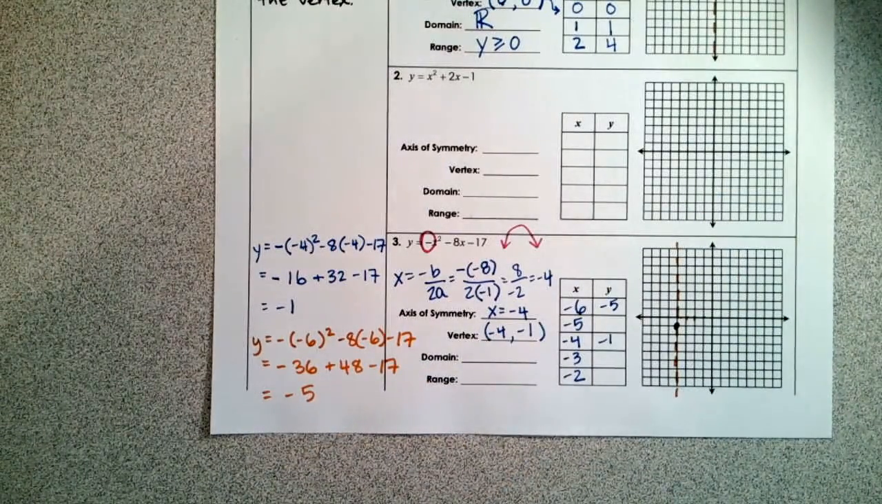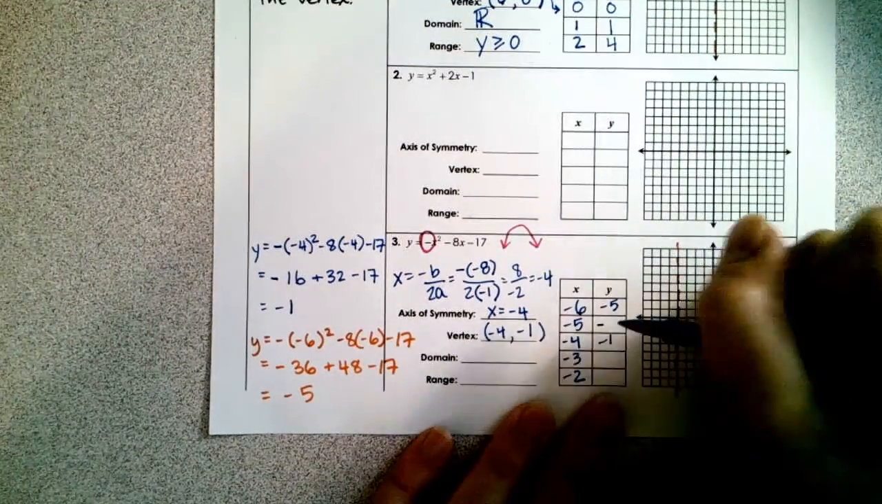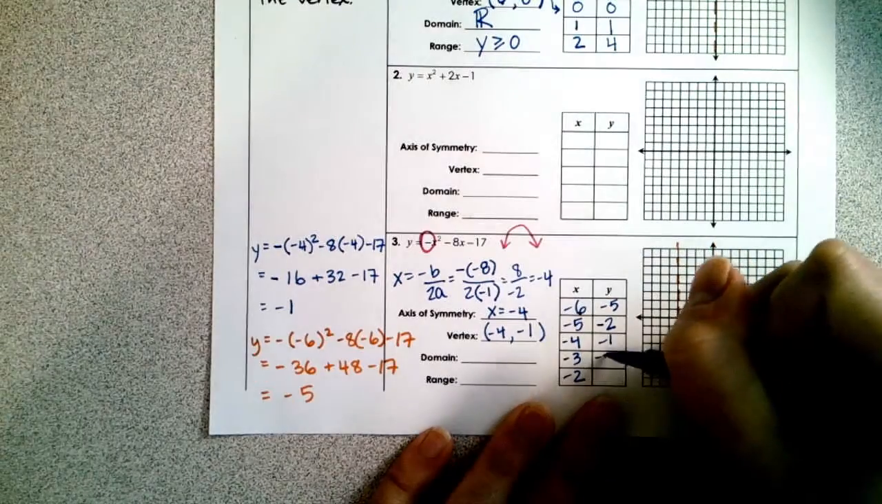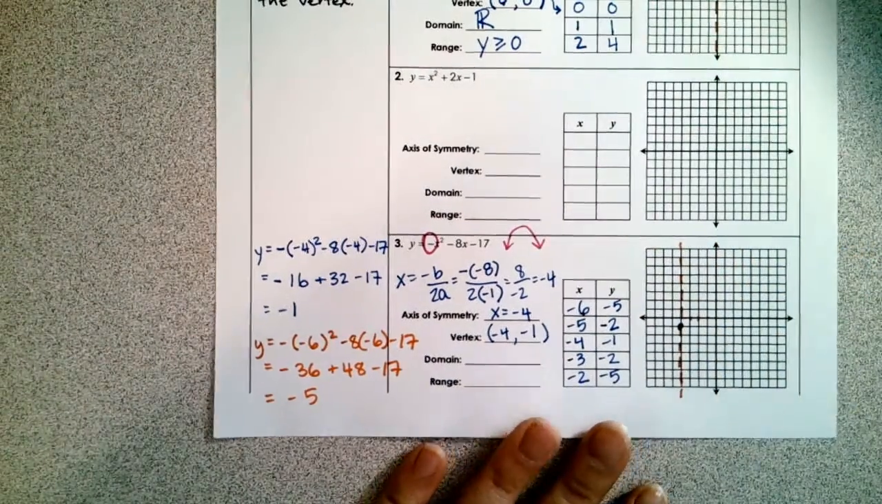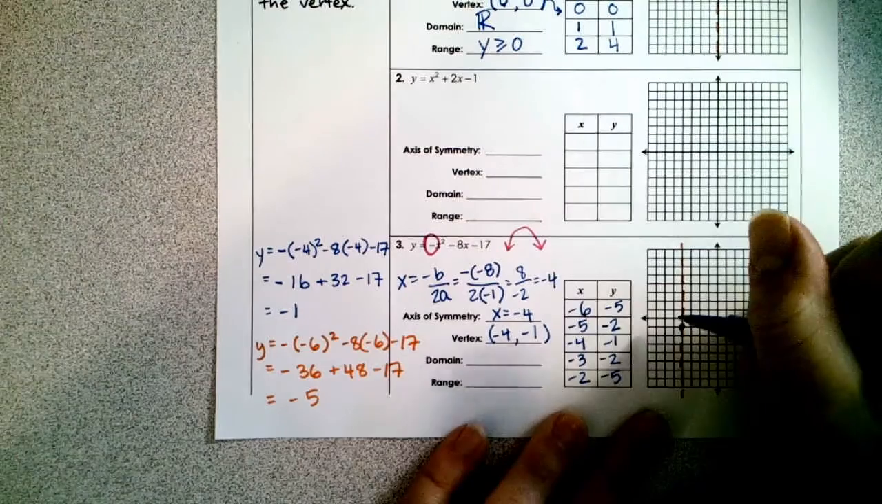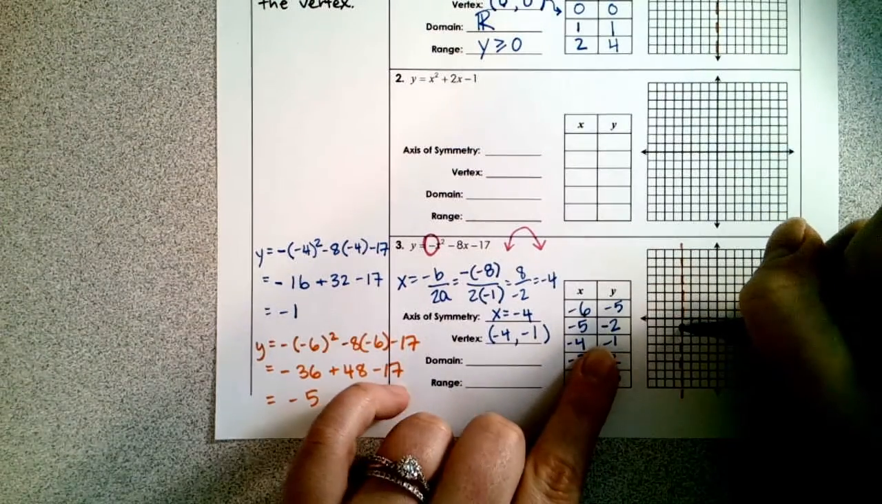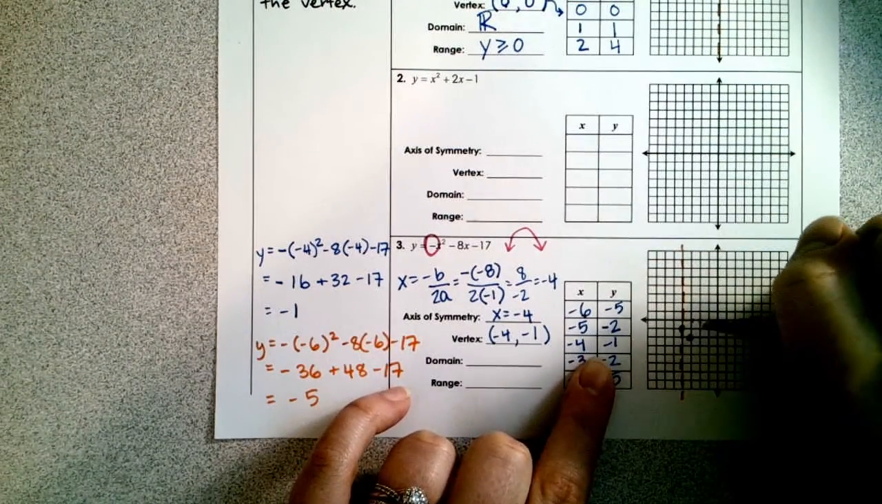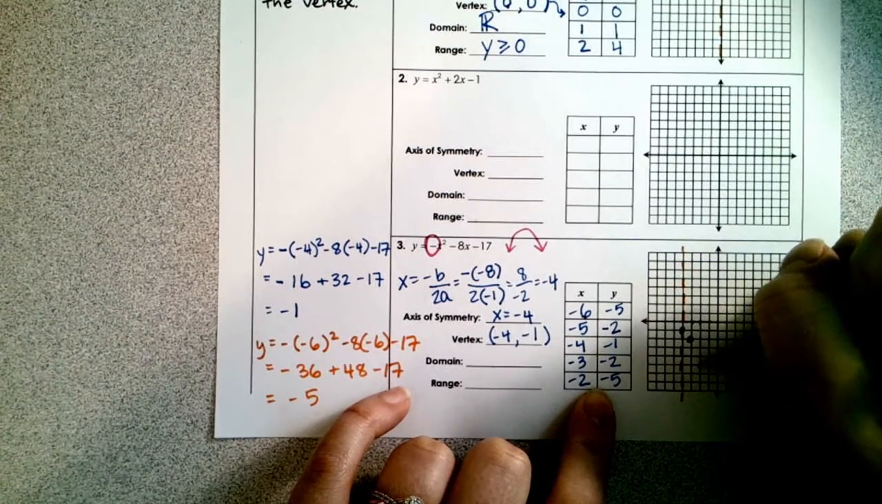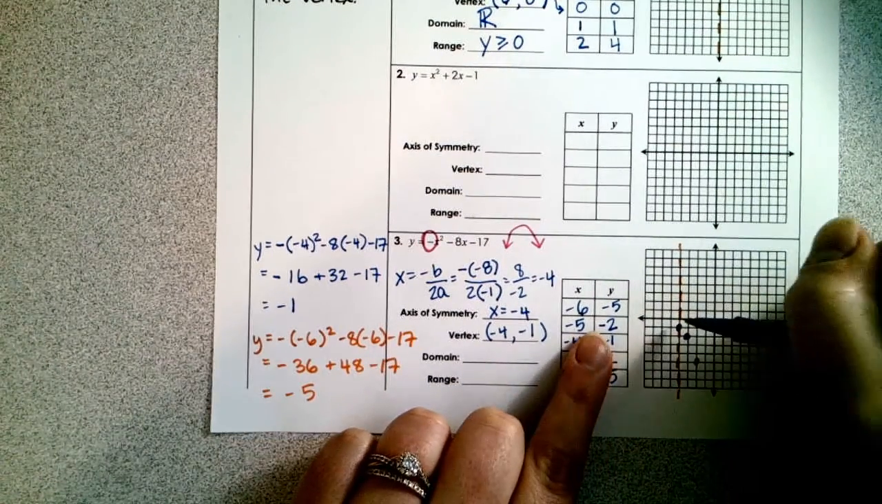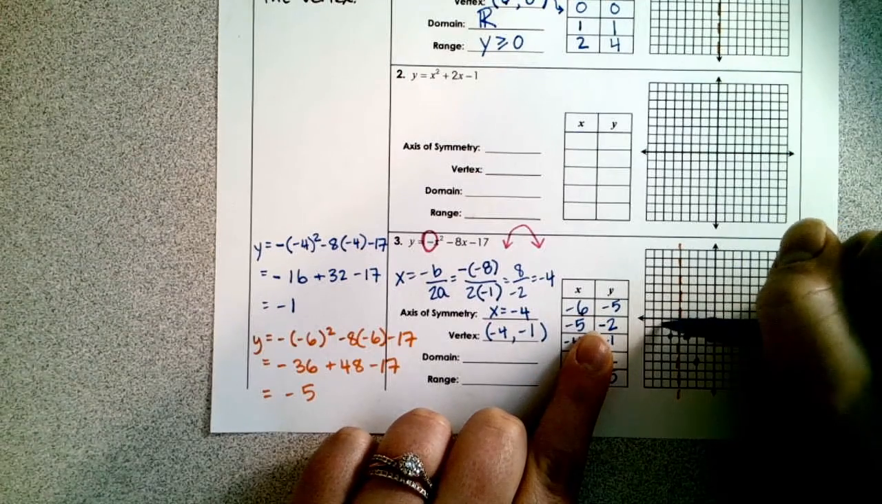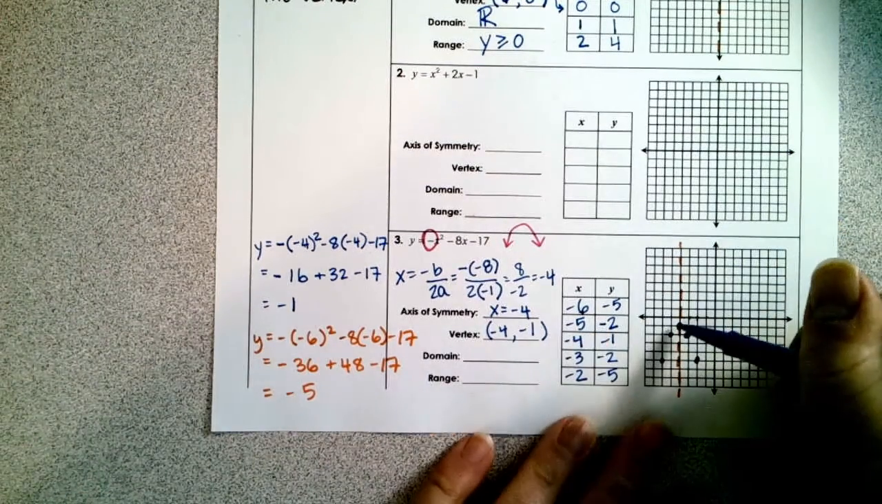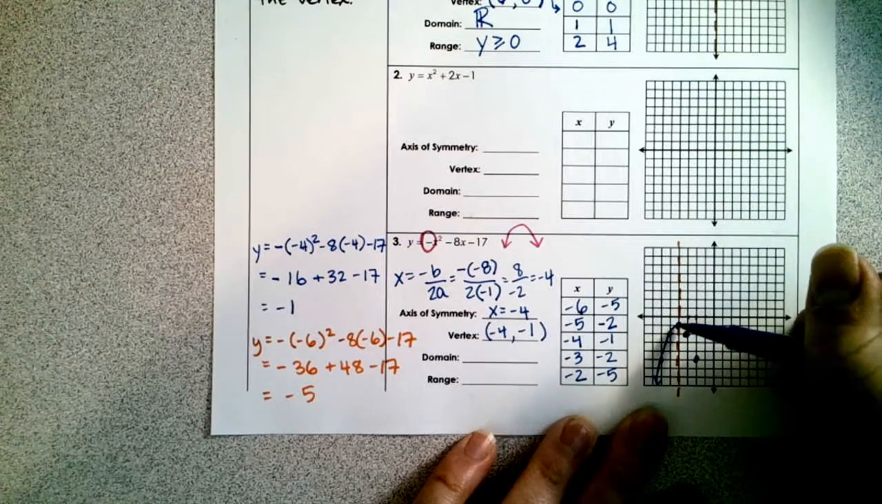If you would like to test your skills with plugging in these x values, feel free to pause the video and do that now. But I will just fill in the rest of the table with the x values. So you get -2, -2, and -5. So then when you plot these points, we have -4, -1 already, -3, -2, -2, -5, -5, -2, and -6, -5. Connecting those with a nice smooth curve,